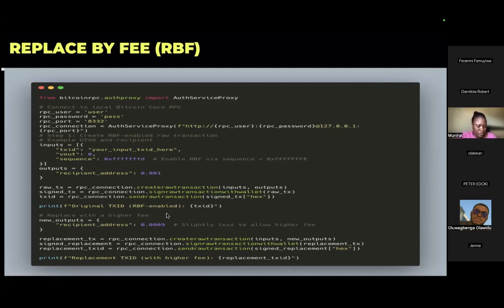So you've sent it, and you've already waited for like 10 minutes, and you really need to send this thing out. As I said, you don't specify the fee. Your output and input will determine the fee. So as you can see here, the output was 0.001. You just need to create a new output, 0.009. So that means you've increased the fee. Then you create and you send it.